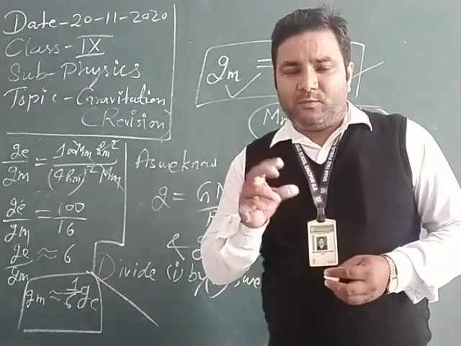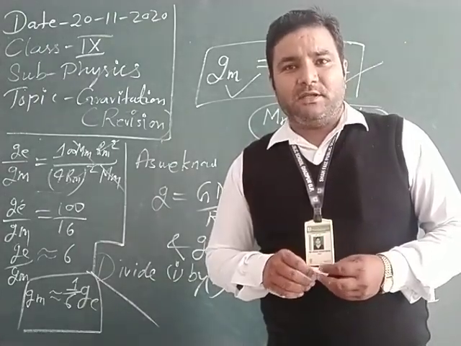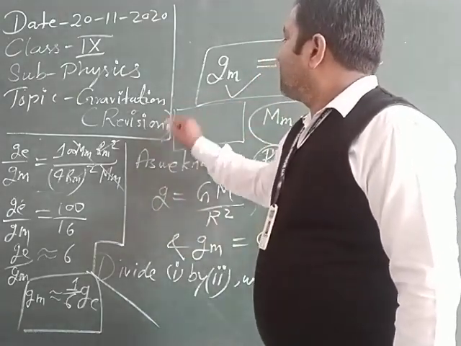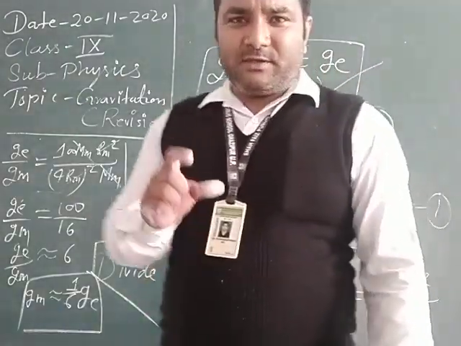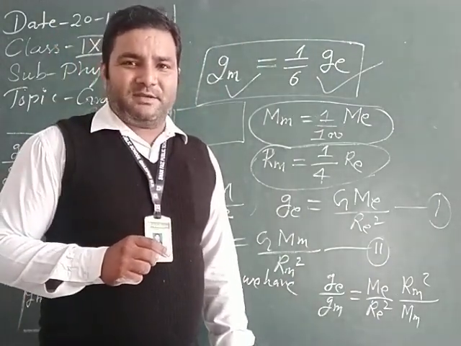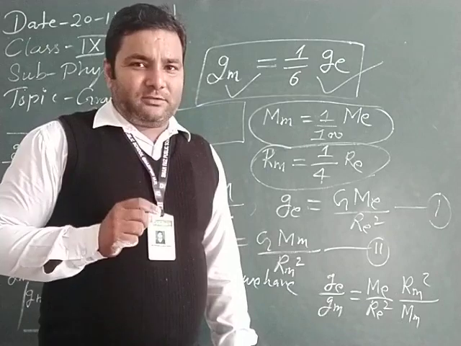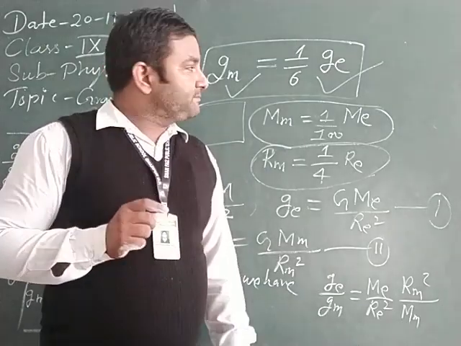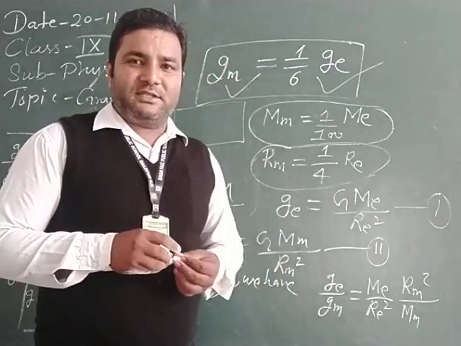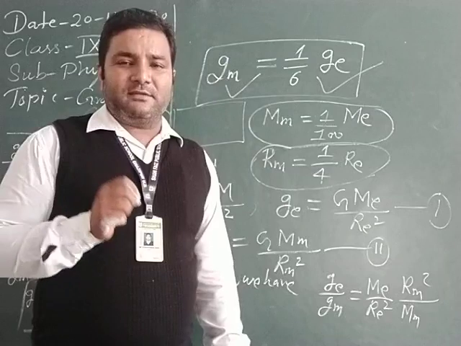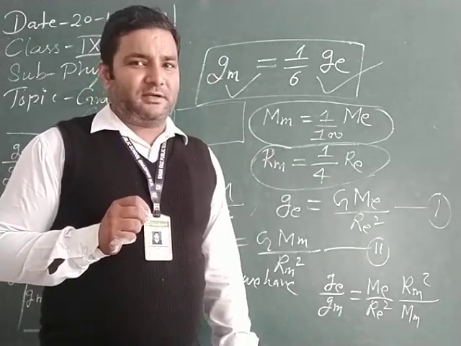And on the moon surface there is no space, no atmosphere. The only one reason behind this is that gravity at that position is very less. It means there are no molecules, because whenever molecules are available at that position, then there is no atmospheric condition. The reason is that the value of gravity there is less than the gravity on Earth's surface.